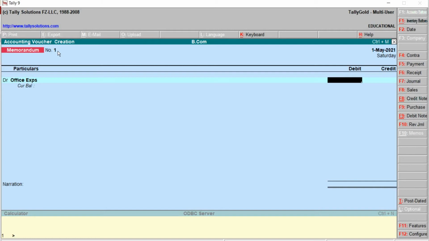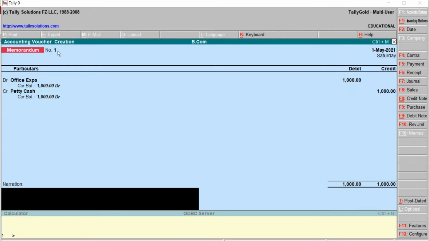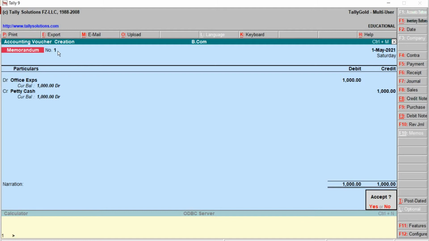What is the amount given here? 1,000. Credit will be petty cash. This is already created. 1,000. Type the narration. Accept? Press Y from the keyboard. Coming to the second transaction,